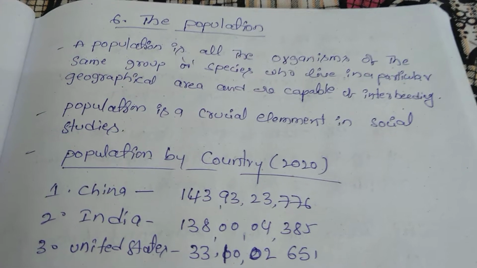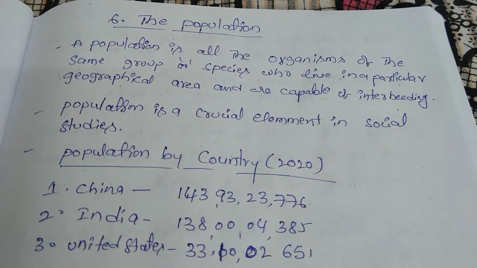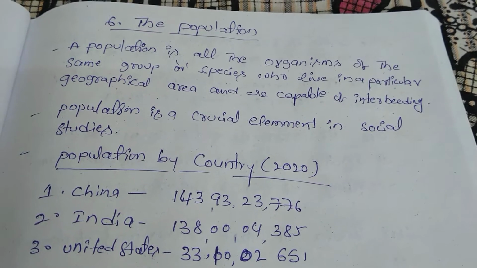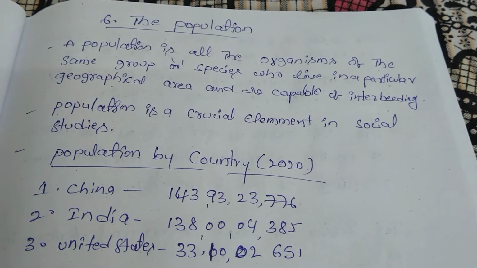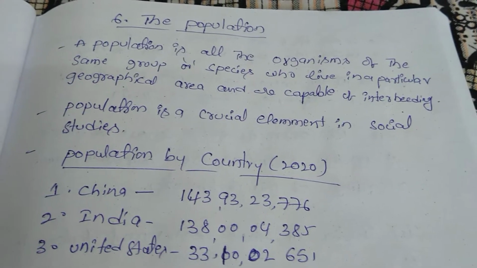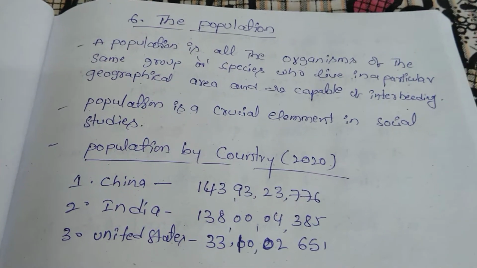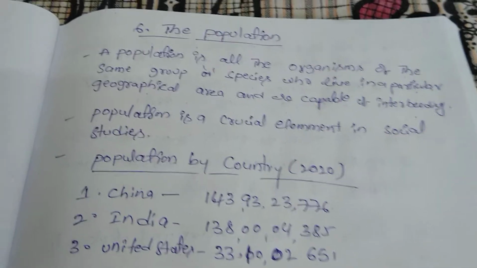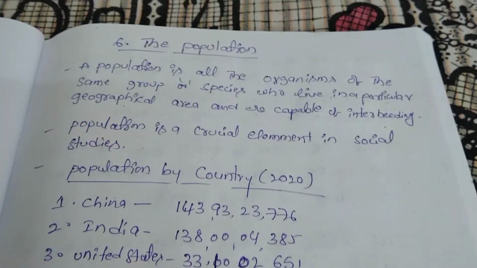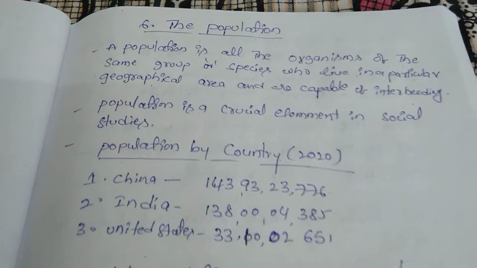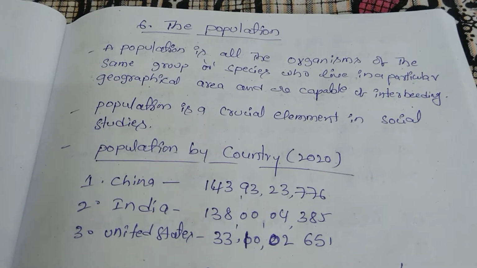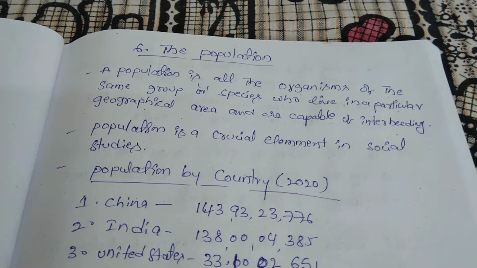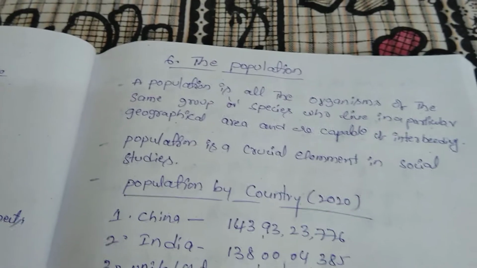So, now the world population is 650 crores. Okay, so out of that, only our India's population is 138 crores. Okay, so like that, every 10 years in India, we calculate the population in our country. That is called census.